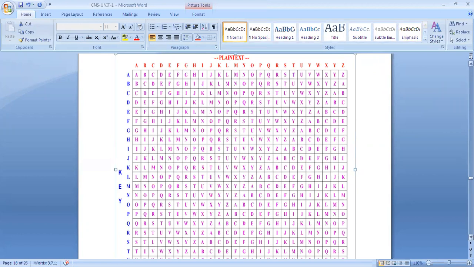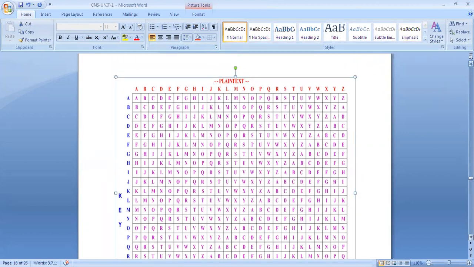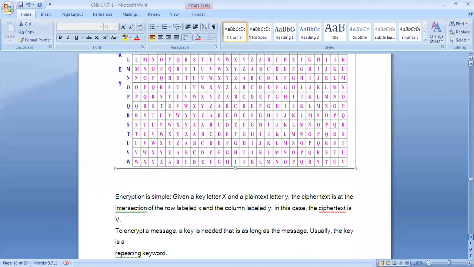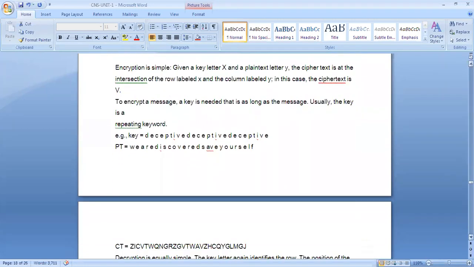While designing this Vigenere cipher technique, first we have to write the letters A B C D up to Z, and in the next row skip the A and write B C D up to Z, A. Like this way we have to design this as a 26 by 26 matrix. So in the place of E, it is I. Clear? Like this way we have to compare each letter. So finally you get the cipher text.